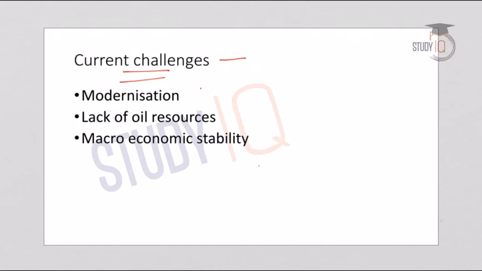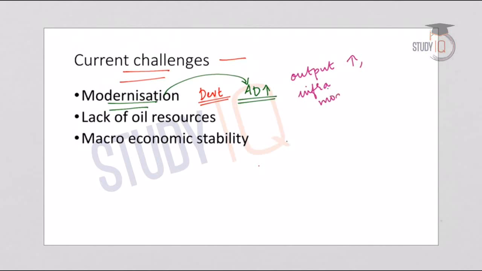India is a developing economy which is focusing more on development. So development definitely includes a modernization dimension also. So when an economy gets modernized, there will definitely be more demand for oil and fuel. So the increase in the aggregate demand in the economy, which is caused due to modernization or in the process of modernizing the economy, is definitely a challenge for India. So with more developmental needs for the economy, with more focus on increasing output, on increasing infrastructure, on modernizing the economy, there will be more need for fuel and oil.